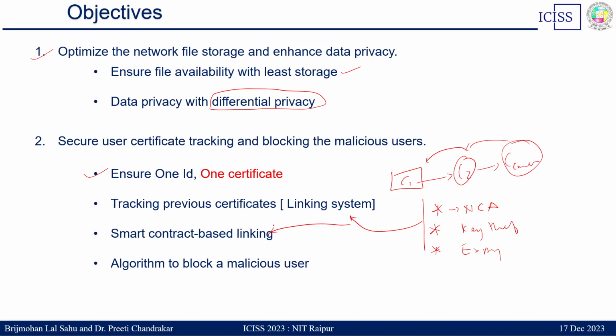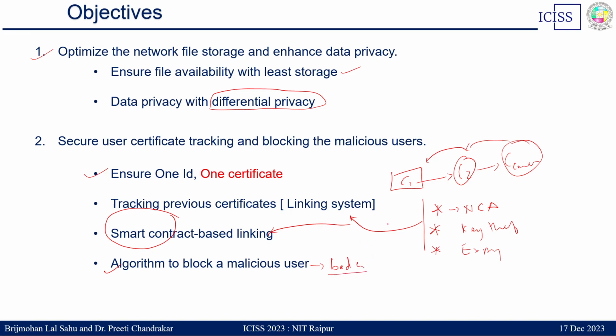We also created an encoding system, so that we can reduce some space in the smart contract also, because storing in a smart contract also costs some money. So we also try to reduce that, and at last we have devised an algorithm to block the malicious users. That means we have a variable, like a bad count variable, that counts how many times a user has